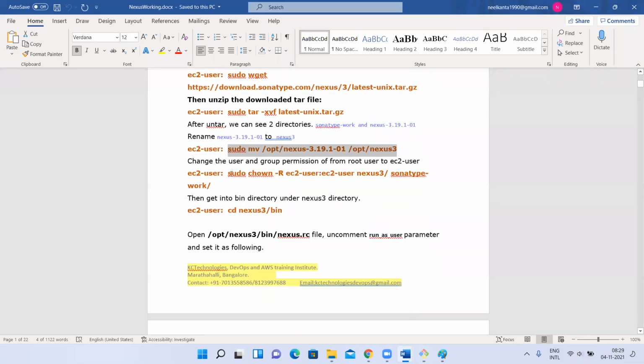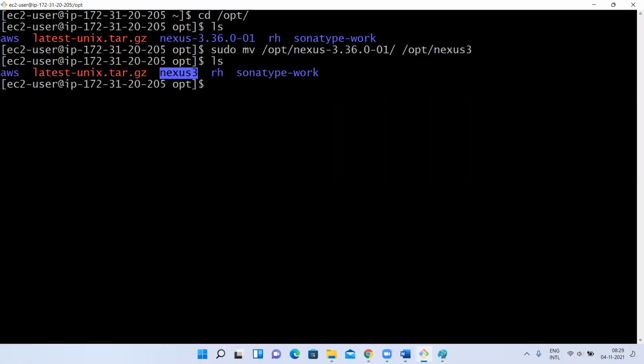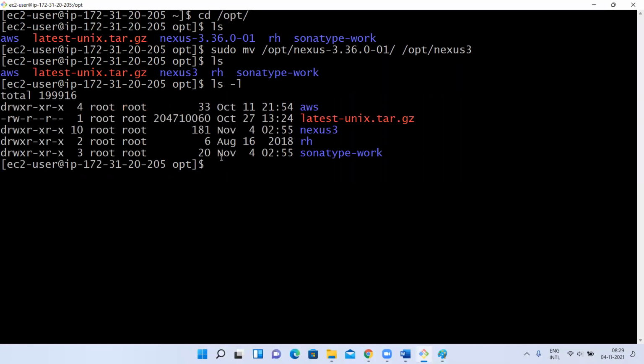Now I want to change the ownership, that is, the permissions. If I type ls -l, who is the owner of this nexus3? I don't want to control this nexus3 with the root user. I want to use the ec2-user, because read, write, execute permissions are for the root user. We downloaded and extracted with sudo, so it is showing as root user.